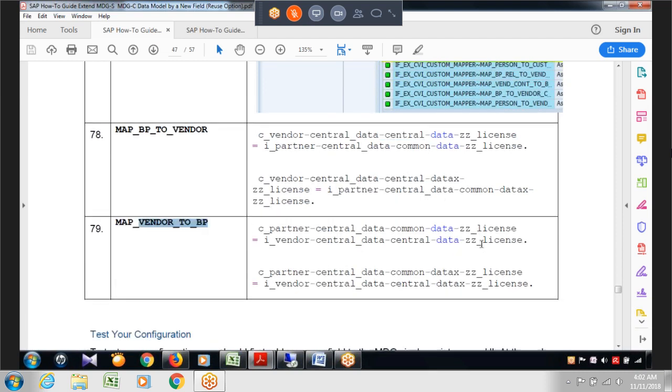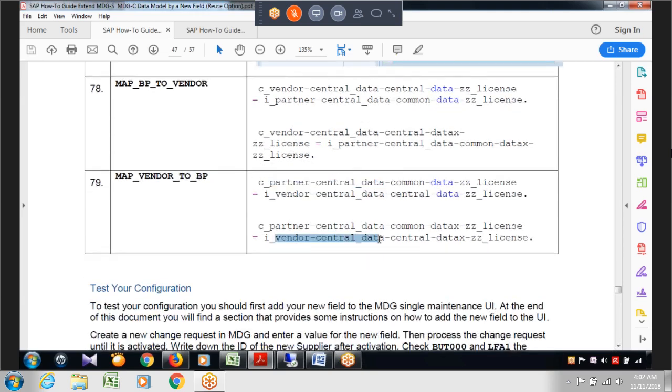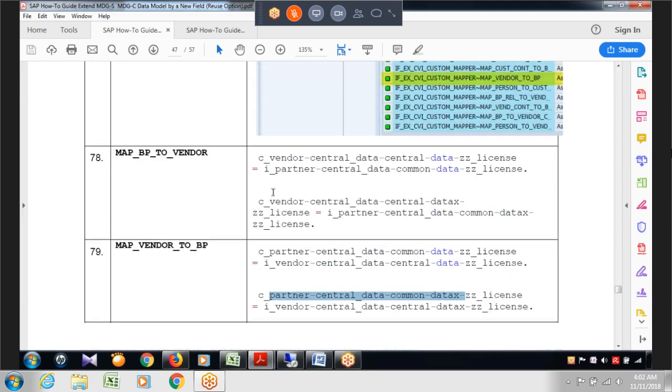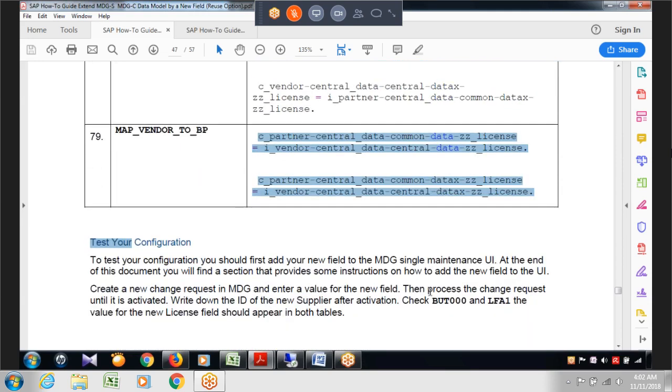The next one, vendor to BP. Similarly, ZZ license vendor central data is passed to business partner central data. And similarly, vendor central data X is passed to the business partner central data X for the same field. So only this piece of code, these 4 lines, you have to add: 2 lines under the BP to vendor method and 2 lines under vendor to BP. That's all. Activate